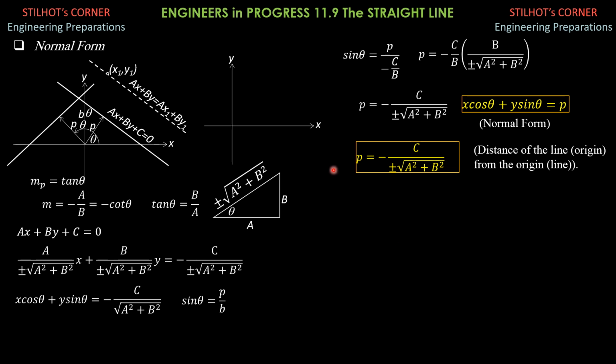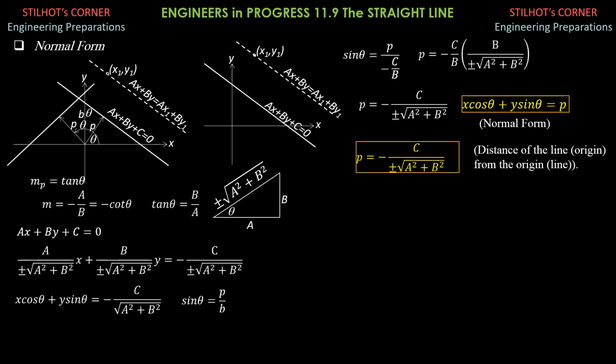So let's derive the expression for the distance of a point x1, y1 from the line ax plus by plus c equals 0. So if this is ax plus by plus c equals 0, then through the point x1, y1 parallel to this given line, the equation is ax plus by equals ax1 plus by1, as derived in the previous videos. And that's the technique also.